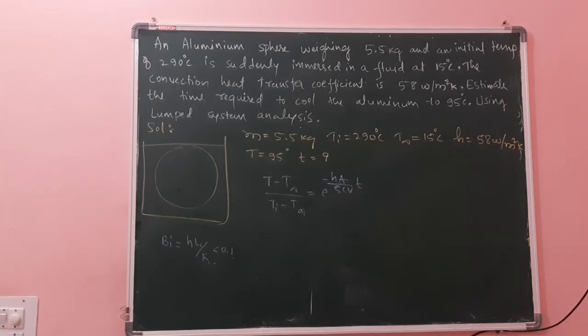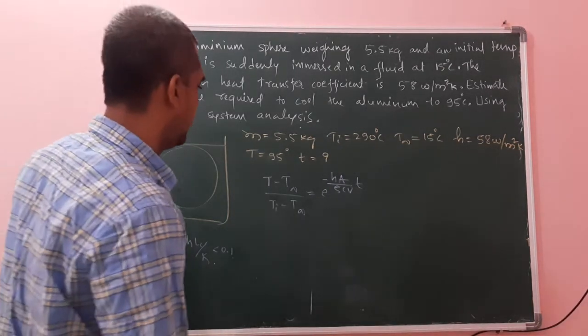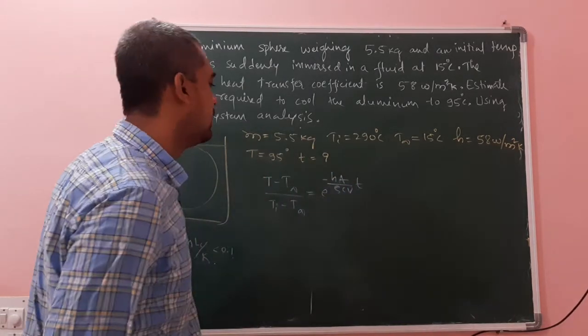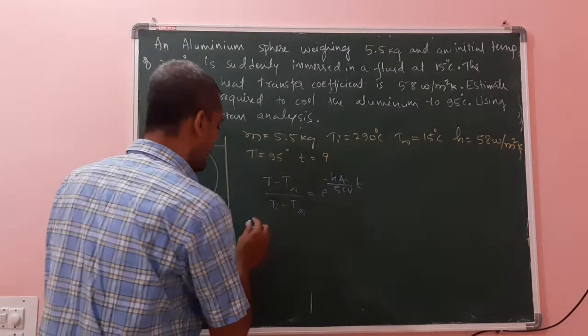We have to calculate the T value. But I think we don't know the radius of the sphere. We can calculate the radius of the sphere like this, because for this area and volume, we need to calculate the radius of the sphere. But we know